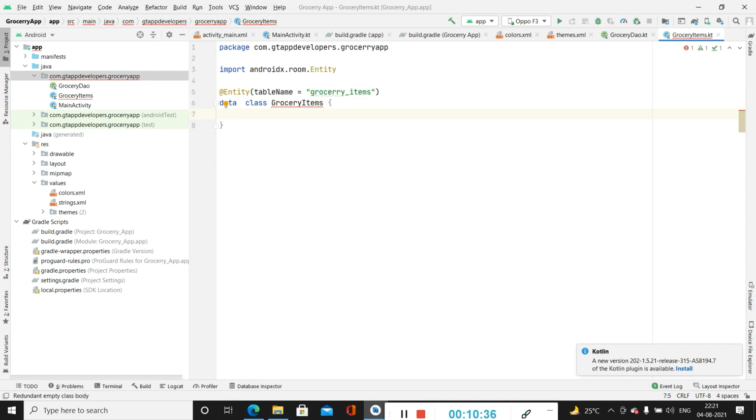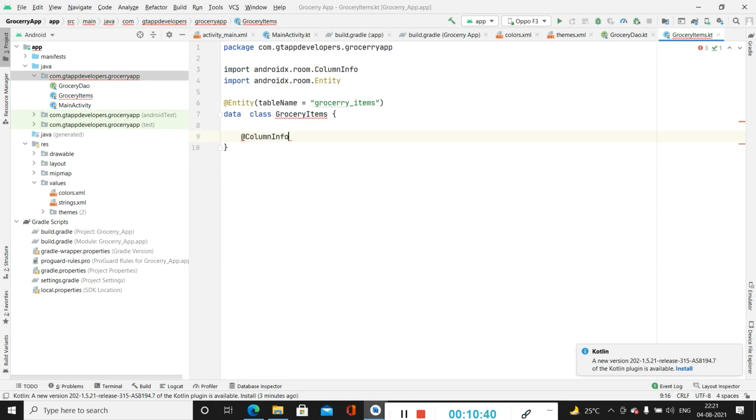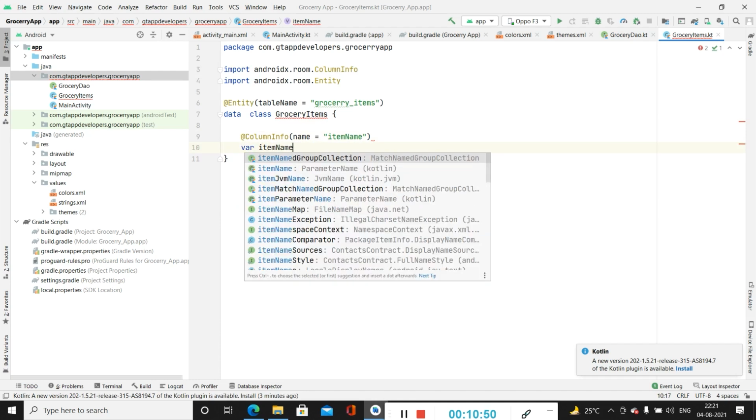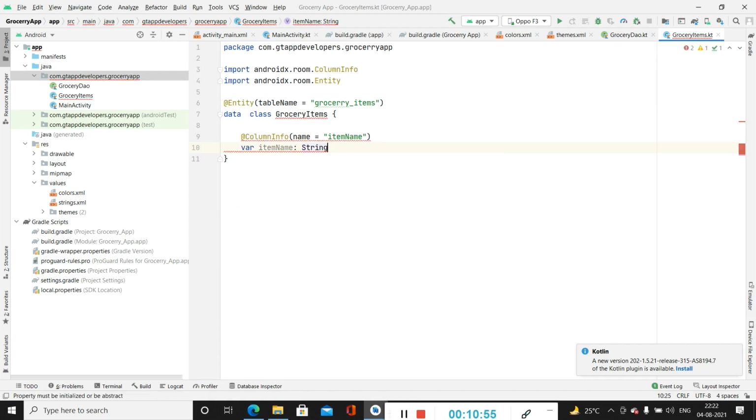we will be firstly creating our column info, and we will be specifying the column name as item name. Then we will be creating a variable, that is item name. After that we will be creating one more variable, that is item quantity.